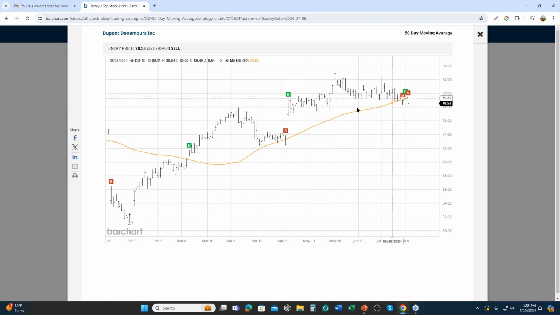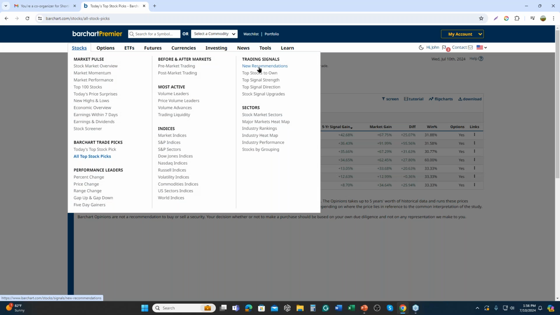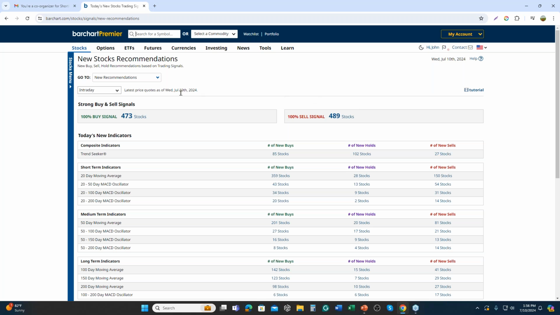or weeks. But look at where our potential is in terms of setting our target, a large gap here. So looking for an entry where we can take advantage of that gap. Now, another way we can do the same kind of analysis on a very particular moving average or crossover is I can go into new recommendations and we can look for that particular